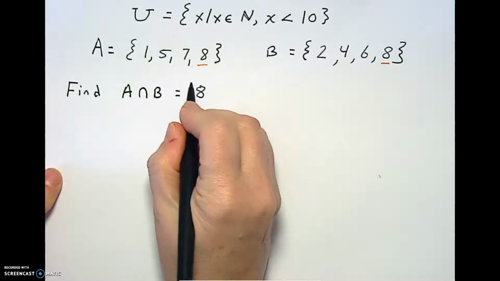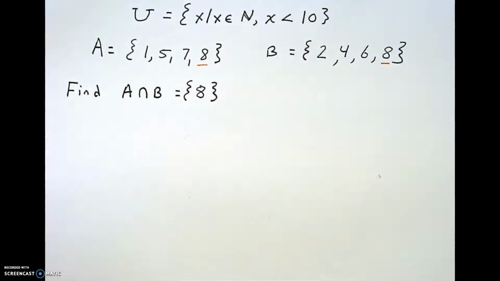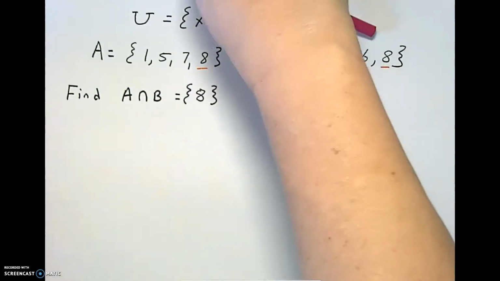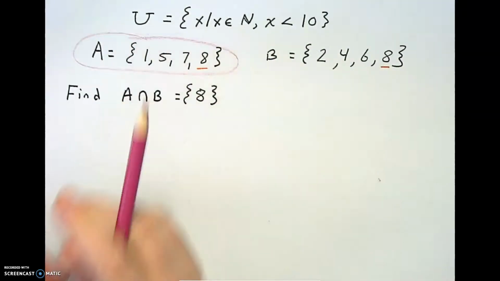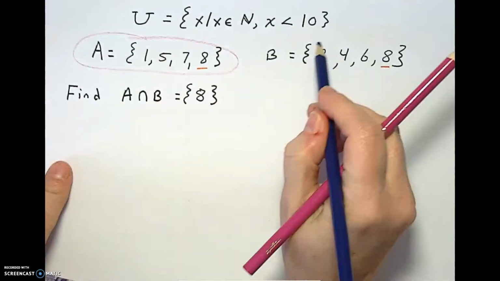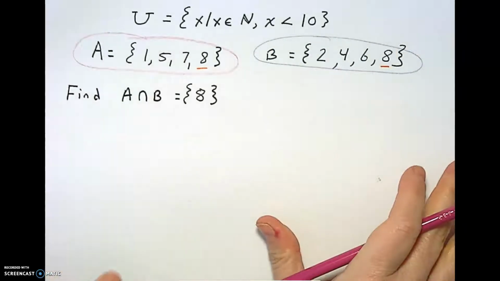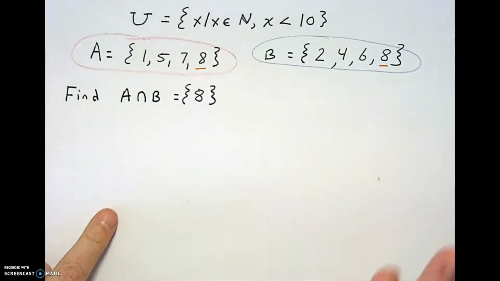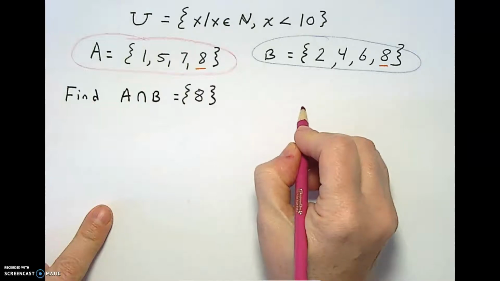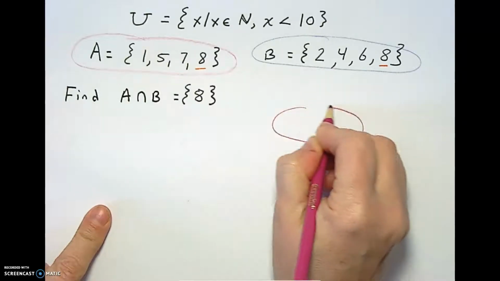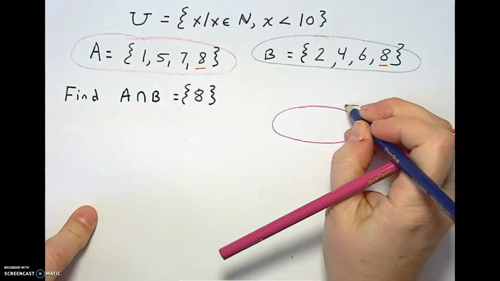So we're going to do that. And what I like to do, a lot of people, it helps them to actually make a Venn diagram of this and have A, maybe pink, and B, blue. And it doesn't really matter, but for a lot of people the Venn diagrams help, and for some people it doesn't. So we're going to do these both ways. So for A being pink, we're going to put all the elements in A that belong in A, and B being blue, we're going to put all the elements